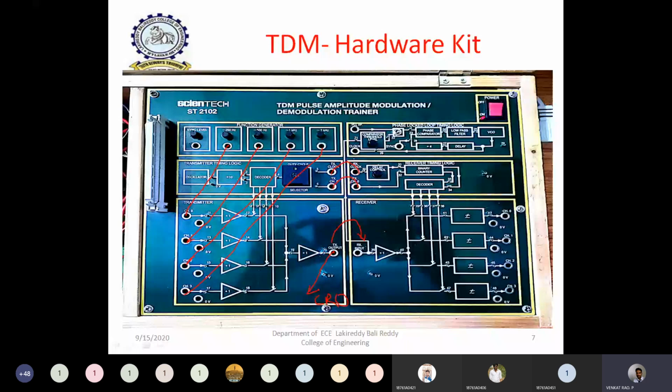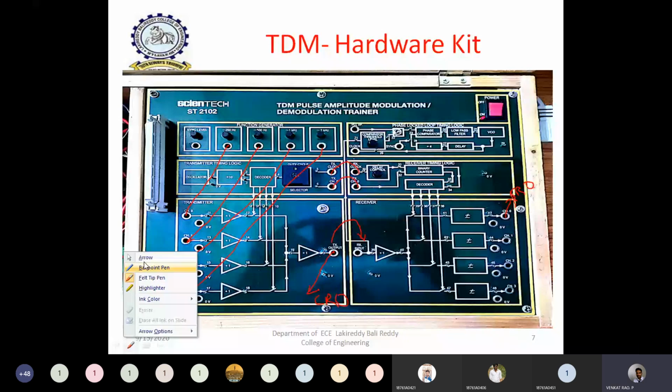After connecting the TDM output to this point, if you observe the different demultiplexer outputs individually on the CRO, then at these particular points you can clearly observe the demultiplexed signals as the original sine waves that we are giving as inputs. Is it clear? So this is a very simple process. Now we'll see the different connections as I explained, the output waveforms, and what observations we need to make. Now observe.